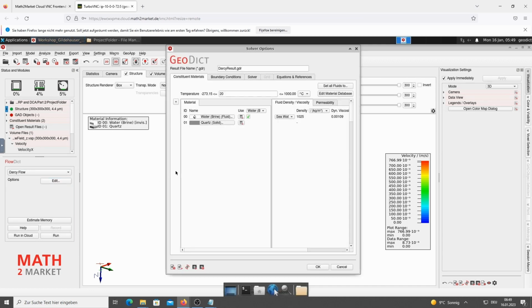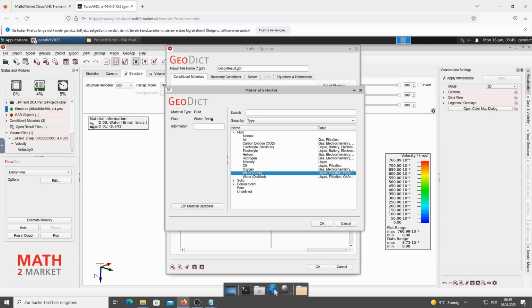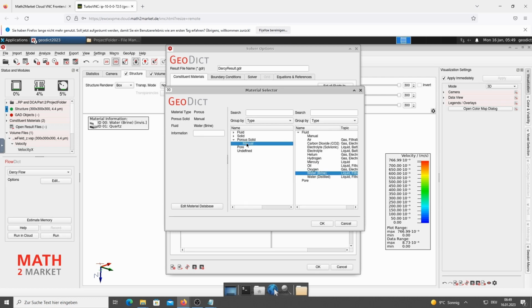The simulation parameters are almost the same compared to the Stokes-Brinkmann command. In the Constituent Materials tab, we can now change the pores and solids to pores filled with water. So we click, for example, water brine, choose porous solid, click on manual, and now we have a manual porous material filled with water.